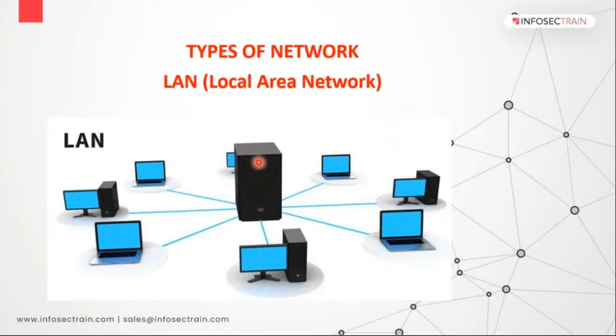So when we are connecting to a particular server, and that server is giving us services, that is a local area network. A local area network is always implemented inside a building or inside small offices. It is not outside the offices, only inside the building. Even in a building, if your organization is occupying three floors, one floor has this architecture, then the next floor has the same architecture, then the next floor the same architecture.